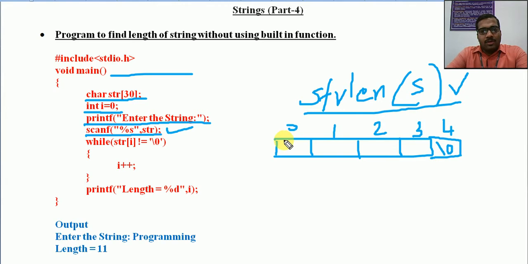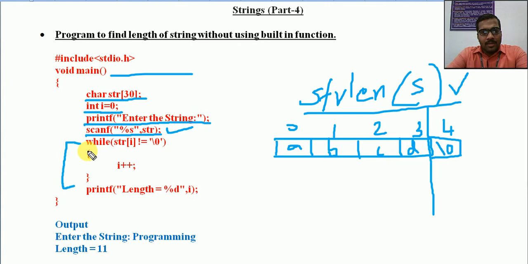So the size of this character array is 5, and the length we need to find is 4. The length must return only up to the exact string, for example A, B, C and D. Now we simply use a loop, just like I mentioned about using a for loop, for finding the exact length until we reach this \0.